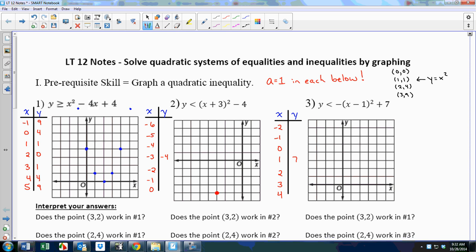1, 1 would mean go right 1, up 1. 2, 4, right 2 from that vertex and up 4. 3, 9, right 3, up 9. So 5, 6, 7, 8, 9. And those would translate into these ordered pairs. Negative 3, 0, and up 5 more, 0, 5. I personally don't list the table values. I just move the vertex and then go right 1, up 1, right 2, up 4, right 3, up 9,